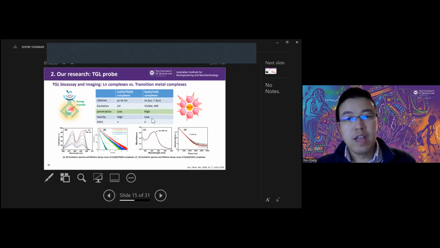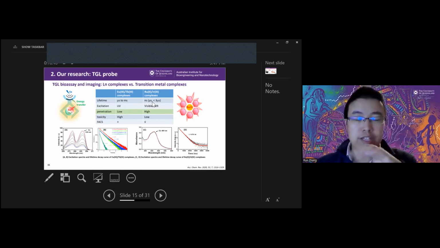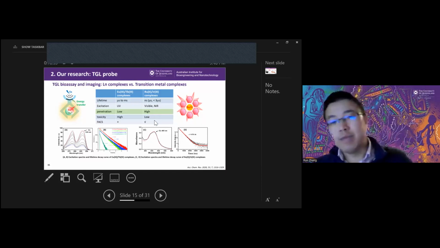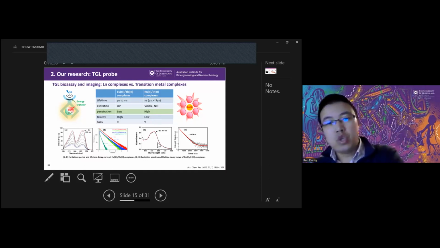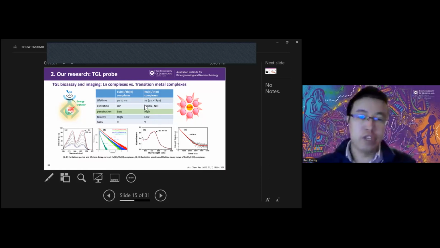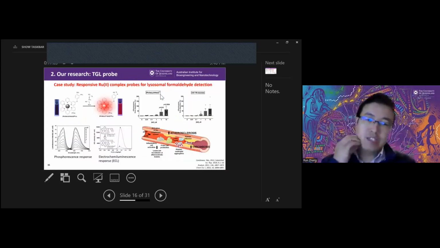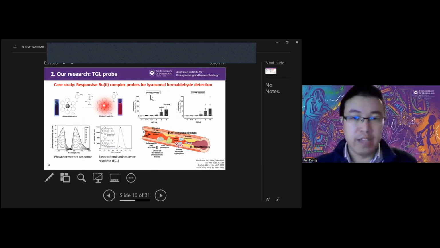For the others, like ruthenium and iridium complexes, the lifetime is more than 100 nanoseconds, and they can be excited by visible or near infrared light, which shows high penetration depth and lower toxicity, so they can be used for large scale cell detection. So we then focus on using ruthenium and iridium dyes. I will show you some examples of these dyes for